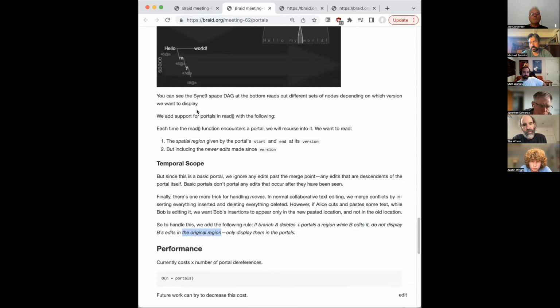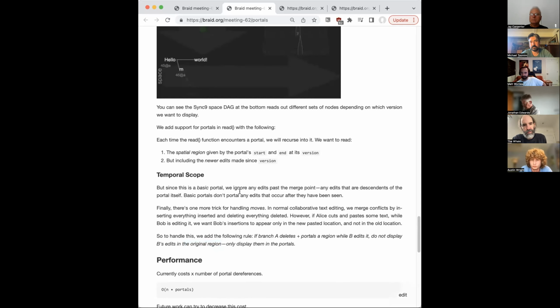So we'd have an additional little rule in knowing what to traverse for the original region when things are deleted and portaled together. But how do you know they're portaling it? You're just hooking into the fact that they pasted, and a paste is a portal event? Yes. And many times, it's just many portals. Yes, so you can paste many times and have many portals, and the "my" will appear in all of those portals, but you don't want it to appear in the original region because it's been moved or copied.